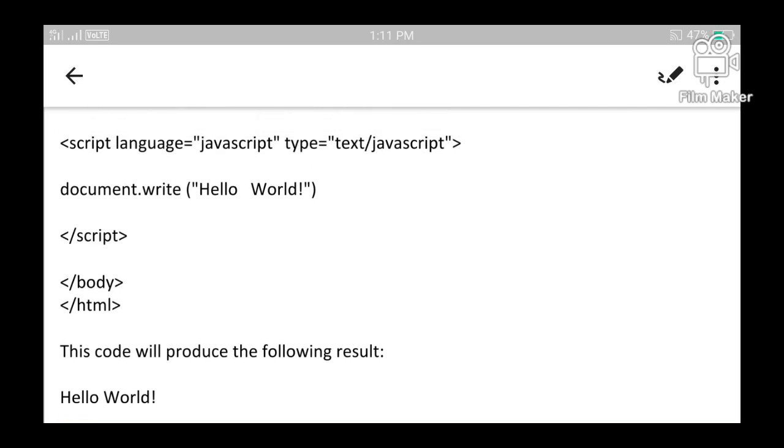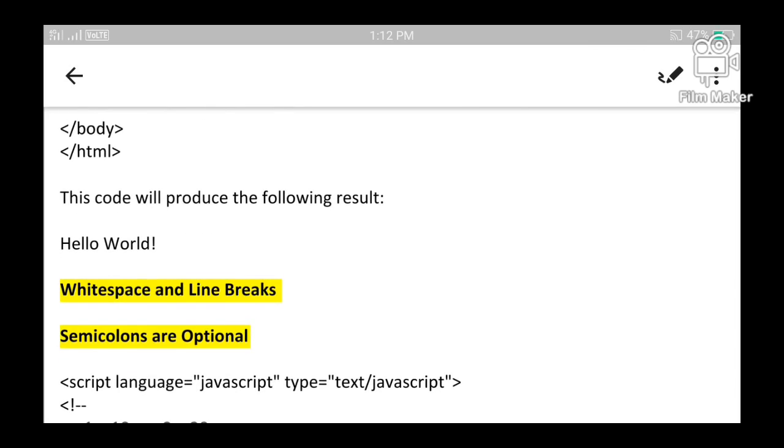In the previous example, I had used the statement document.write. Before writing this statement, I had left a line, and after specifying the statement document.write, again I left a line. So altogether, here a new line is dropped and here another new line is dropped. Above all, between hello and world, there are more than one spaces. But when I got the output printed on the screen, it was just a simple word hello world with only one space in between, hello and world.